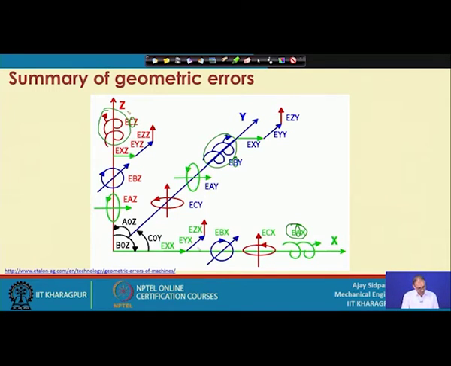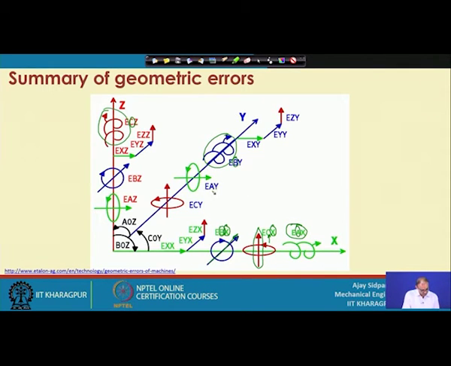So, these are the rotary axis errors along the same axis, but if you are getting a rotary error in one axis because of the presence of motion in the other axis, then you end up with 2 more errors. So, this is the rotary motion in the x direction, but you are getting motion in the B axis, that is the y axis. So, this particular arrow is along the y axis. Now, rotary motion around the x axis, but you are getting motion in the C axis, and C axis is along the z axis. So, this particular arrow is moving along the z axis.